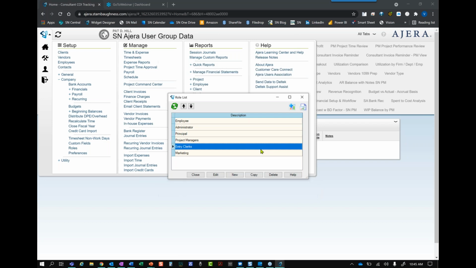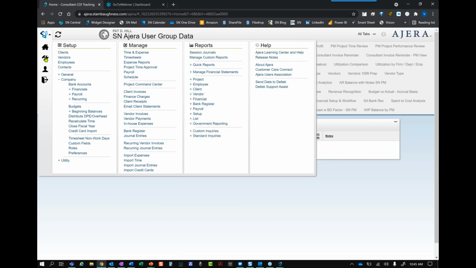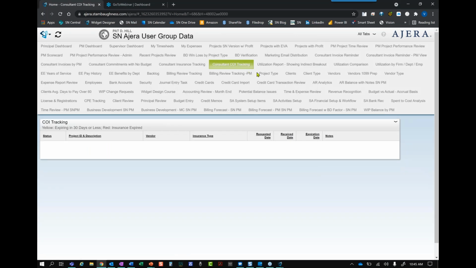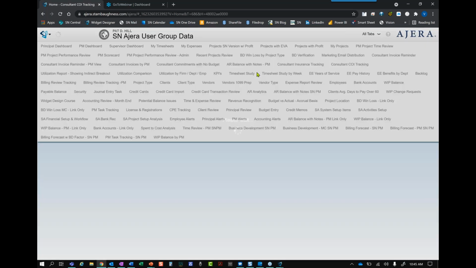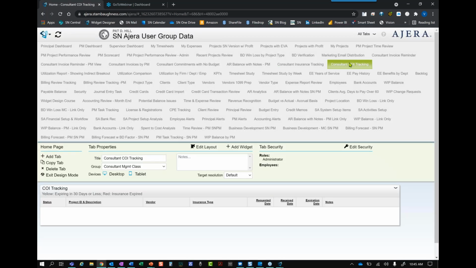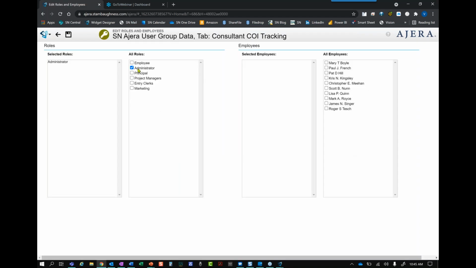But the dashboard reporting, and I'm sure you all are familiar with this, is assigned in a different way, where we go into design mode, we select the tab or dashboard that we want to provide access to, and then here we would assign by roles.